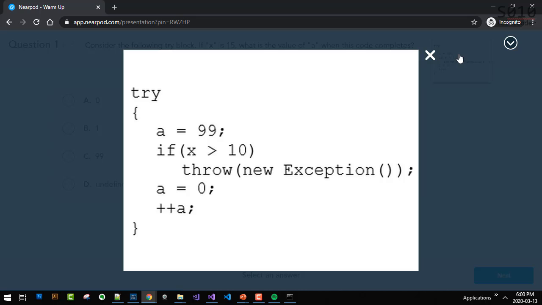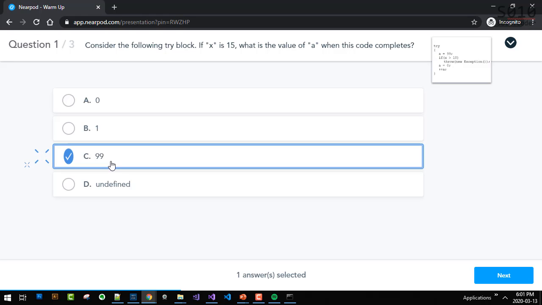It jumps and goes to a catch or to whatever is after here, okay? So it's 99. Again, ask the question if you did not understand what I just said, okay?